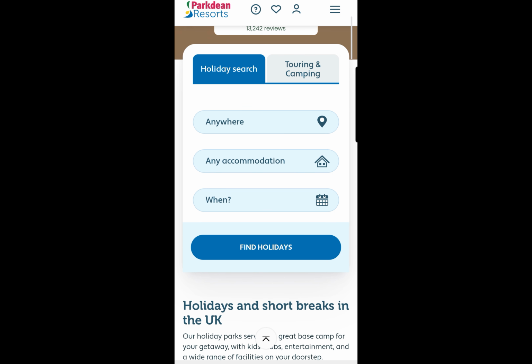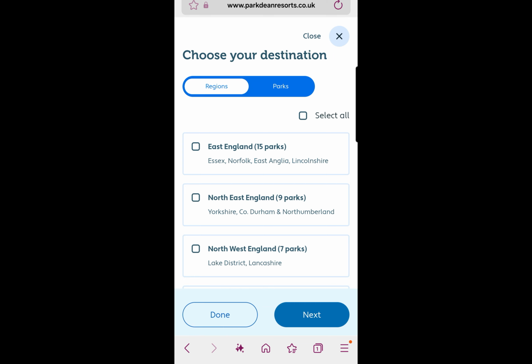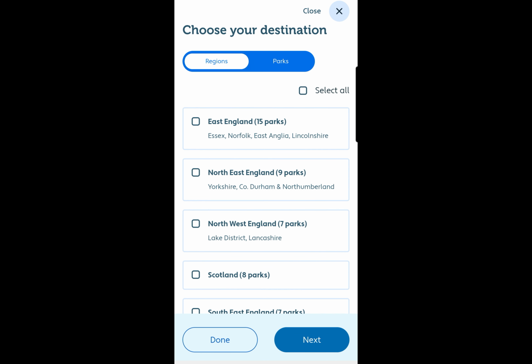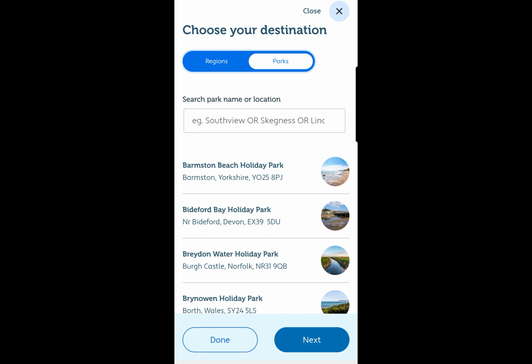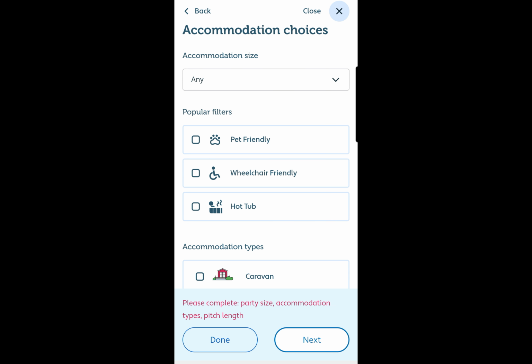So if we continue on now, I'm just going to select Find Holidays. And it brings up all the regions where they have their parks. Now this is where most people start to feel quite overwhelmed, and it's choosing the park itself. Parkdean has a lot of parks across the UK, and the same dates can be very different prices depending on where you choose. So from here, I'm just going to select all to give us the all-rounder and to give